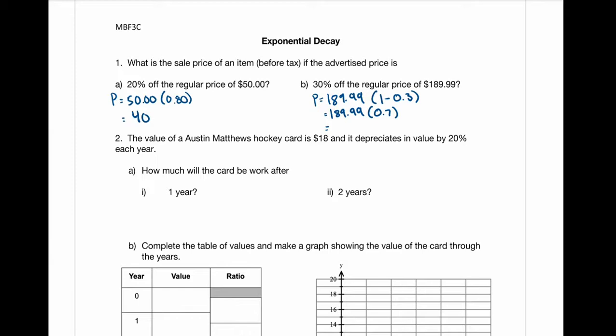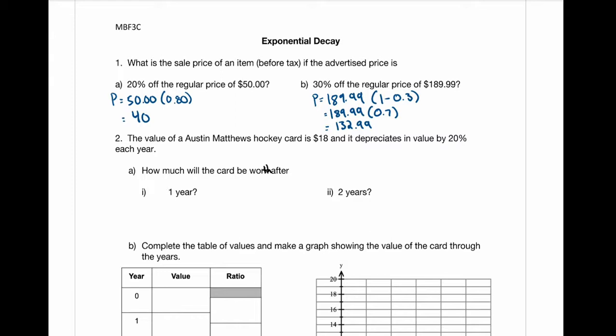When I go through and calculate this, I get $132.99. So that means the sale price, when it's 30% off, is $132.99. Or you could think of it as 70% of the original price is $132.99. So that's the idea that we're going to be working with in this case, because we're decaying or decreasing. So number 2, the value of an Austin Matthews hockey card is $18, and it depreciates in value by 20% each year. How much will the card be worth